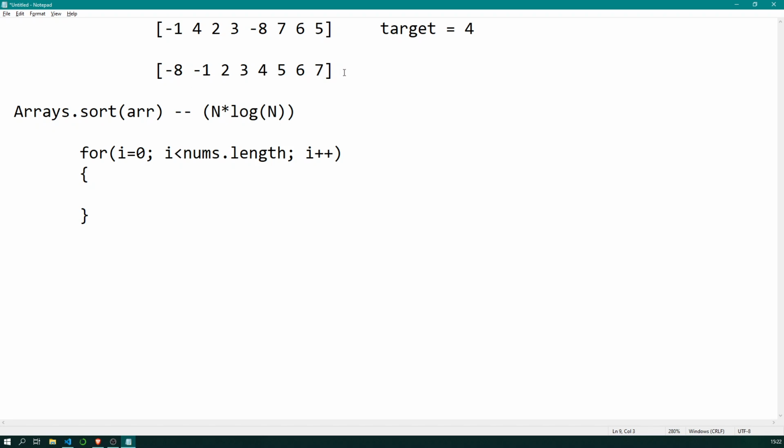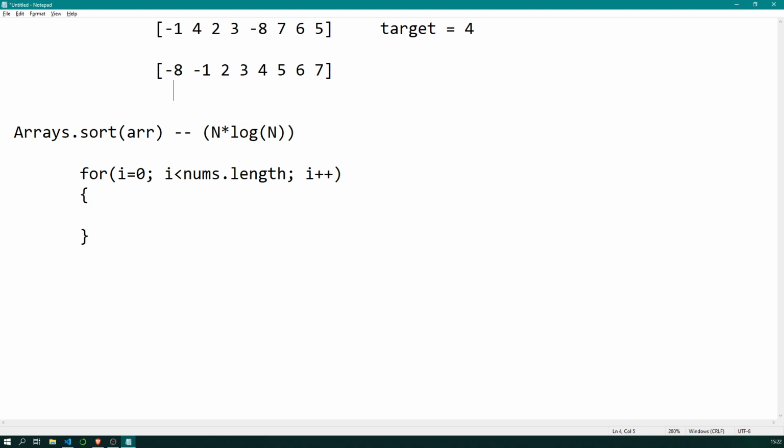Now I will start from here, and we will apply binary search in this part of the array to search for target minus arr of i.